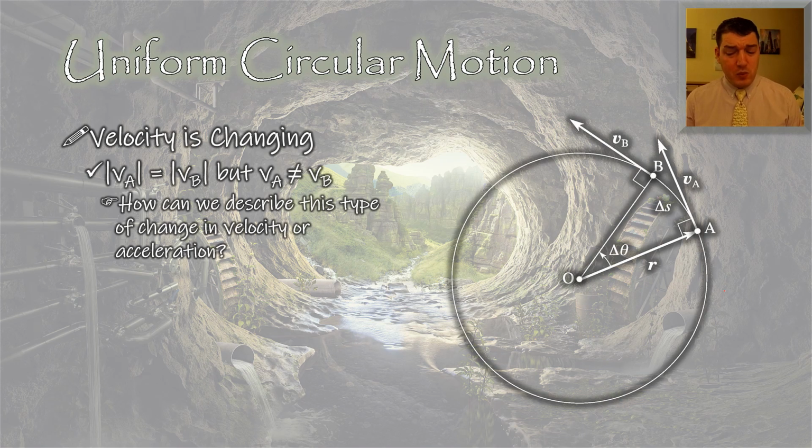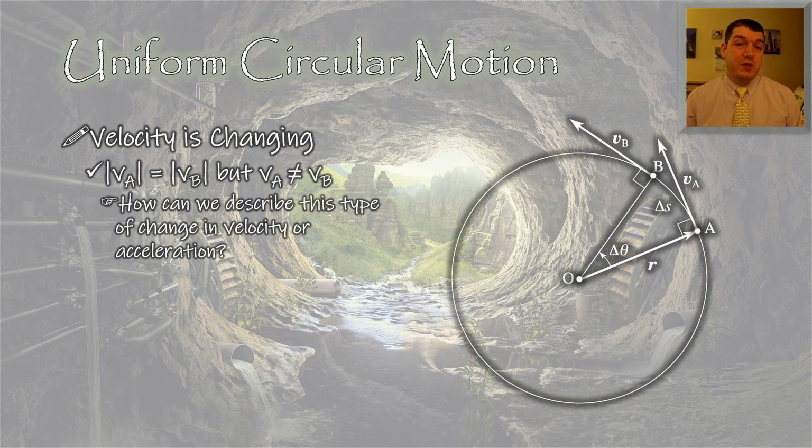The speed at point A is equal to the speed at point B, but the velocity at point A is not equal to the velocity at point B. They're equal in magnitude, but not equal in direction. So a changing velocity, by definition, means there's some kind of acceleration. The question is, how do we describe this type of change in velocity or acceleration, since we can't use our